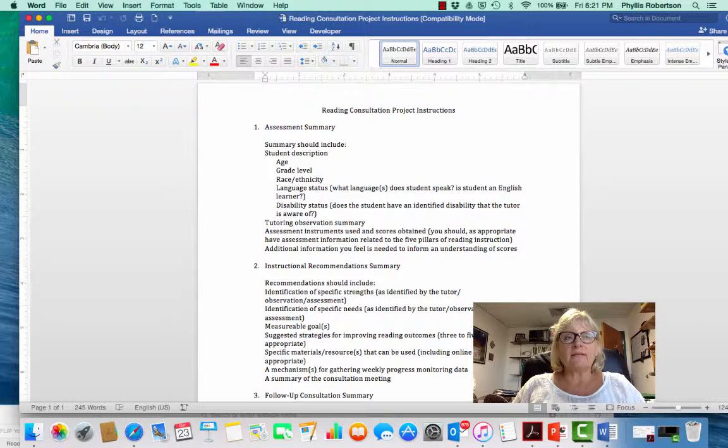Remember that, again, I've given you a number of websites you can refer to go get assessment materials. You may have materials of your own, but you want to be sure that you're looking across these reading components. The last one being vocabulary, which in many ways we have the most limited access to good vocabulary instruments. But the cloze strategy, which I discussed in the vocabulary section, is one thing that you might use. Maze is also an indicator of being able to use vocabulary correctly.